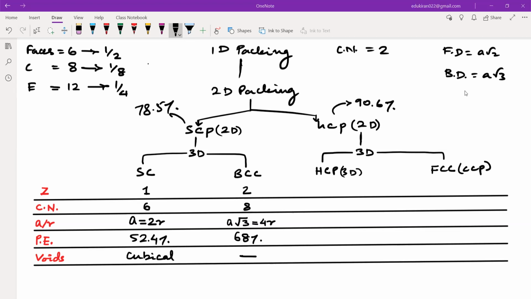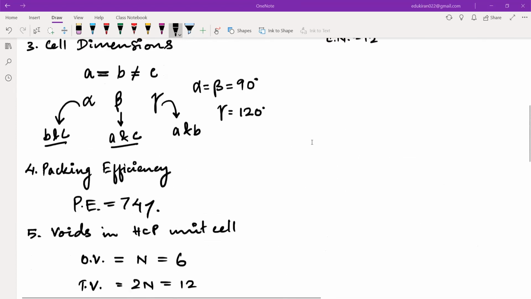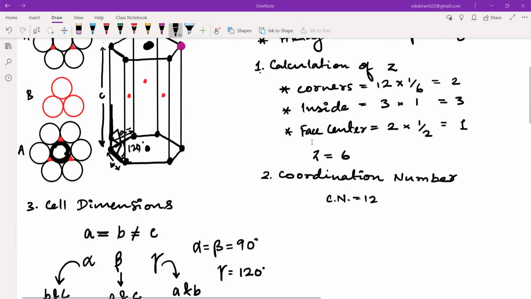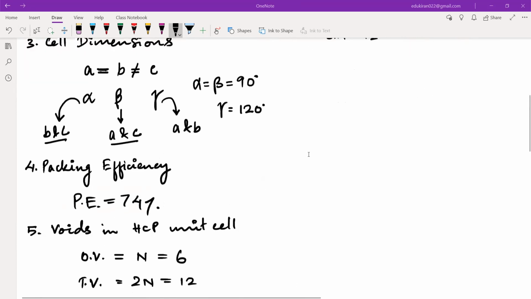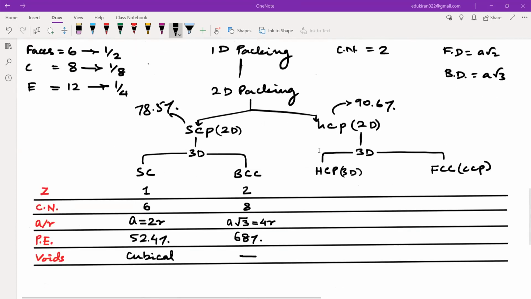Okay, HCP में आ जाइए, बताइए। HCP में what is the Z? All of you tell me what is the Z for HCP in 3D? 4? कौन बोला 4? 6. हेक्स मतलब 6, हेक्सागोनल 6 हो जाएगा। ठीक है।